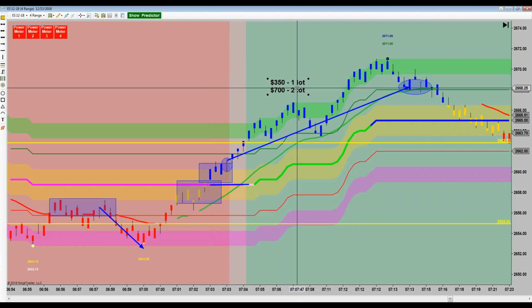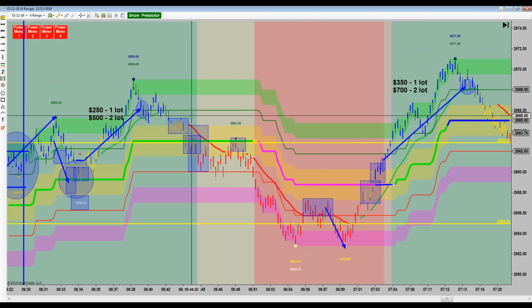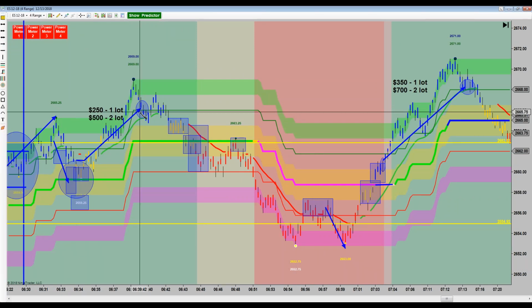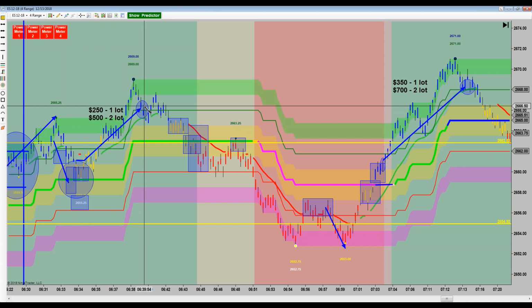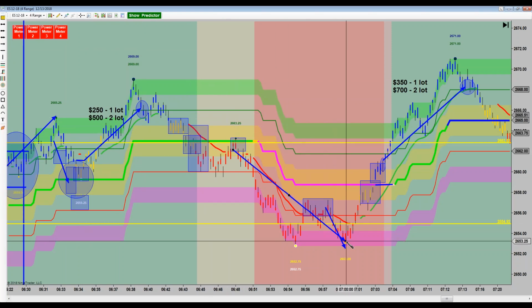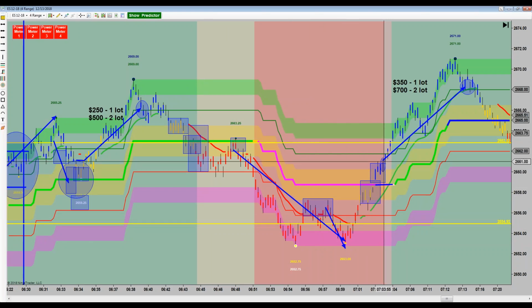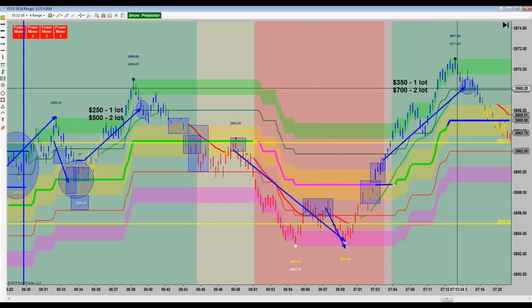So you can see here what we're trying to illustrate in this exercise is training your eye. Technically by this point in the morning, you've had 3 trades, right? You had the long here at 6:33, 6:34, 6:35, the first trade of the morning, which lasted about 10 minutes. You had the short here, which could have been punctuated into 2 separate trades: short here and the scalpy at the end. And then you had the secondary long here, which ran up 7 points or 28 ticks, less commission, of course.